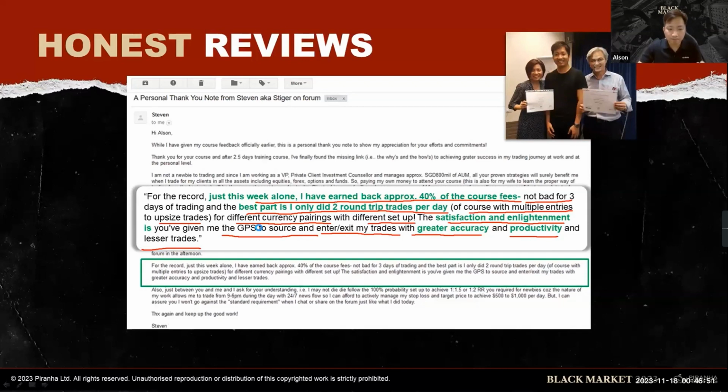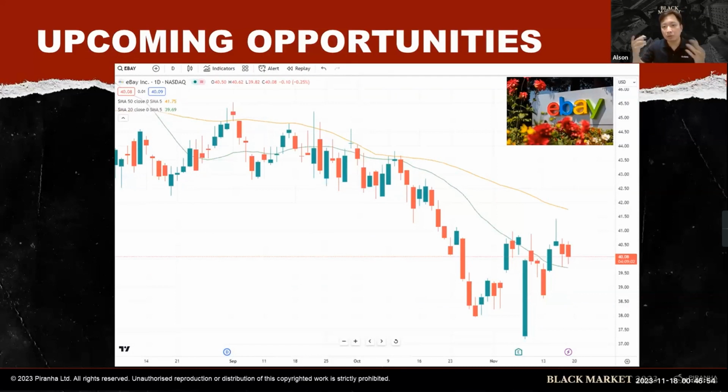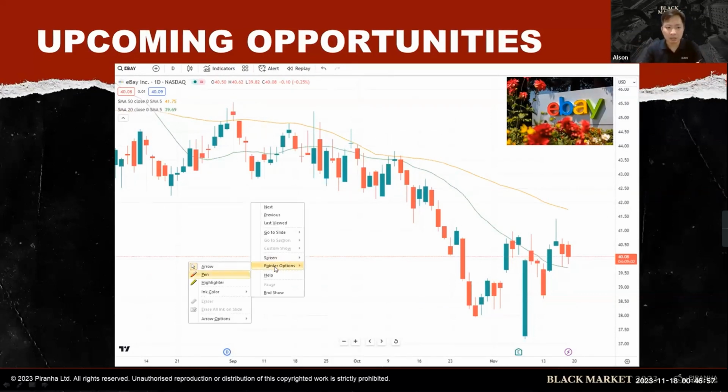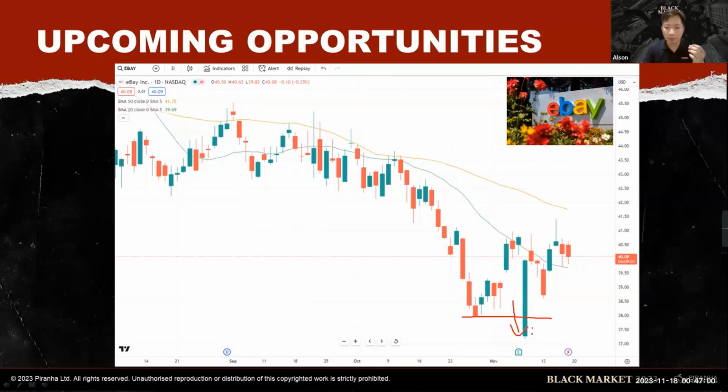Okay. And the first potential opportunity I want to share with you guys is eBay. There are signs of a bear trap pattern forming for eBay. This is one potential opportunity that I'm watching right now. In fact, let's say put a stop loss here. Entry between $39 to $40 would be a good entry actually, somewhere around here. Potentially market makers could push up the stock price and break the downtrend because there are subtle signs of a bear trap forming. Based on what you guys learned just now, a bear trap swing low is bullish. So eBay is showing signs of a bear trap pattern.